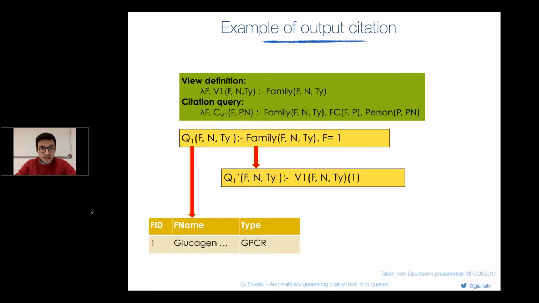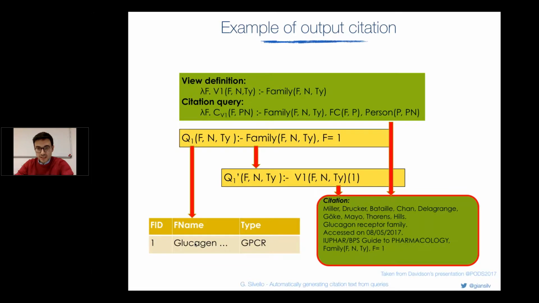And we see that this query is returning this result set, just one tuple. Basically the citation is the one produced by using the citation query connected to the view, which is a bunch of names: the name of the family, when it was last accessed, the name of the database, and then details about the query. Actually, the query itself. Here is a Datalog query, but you can imagine an SQL query.